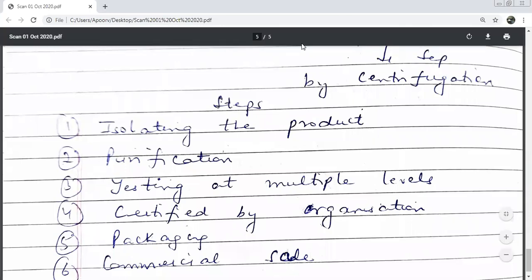Quickly tell me, you read the news. There was a lot of hue and cry that he cannot sell this medicine because it is not certified by this organization of India. I'll give you a clue, it starts from I. Nobody knows. Supposing you make a medicine tomorrow for COVID, you feel, ma'am, this is very good. It is not that you can open a shop at your house and start selling because you feel it is very good. Somebody has to certify this. So who's going to give you a certificate that okay, your medicine is good, go ahead and sell it? It comes in the news every day. It starts from I, it ends with R.